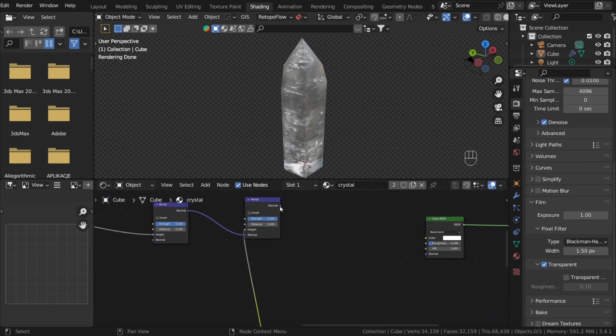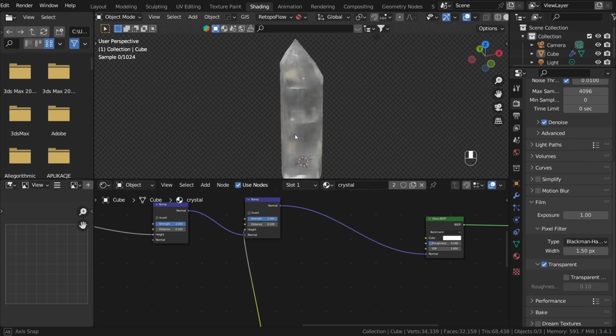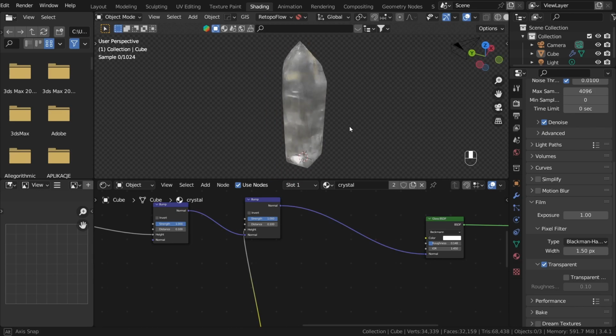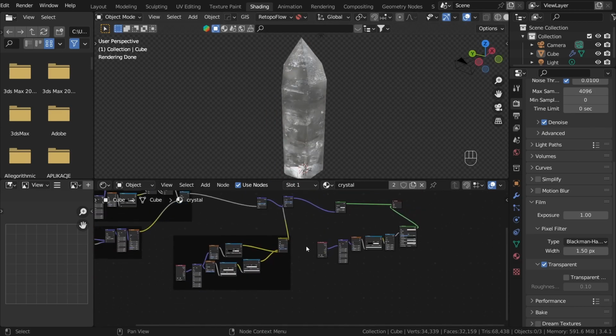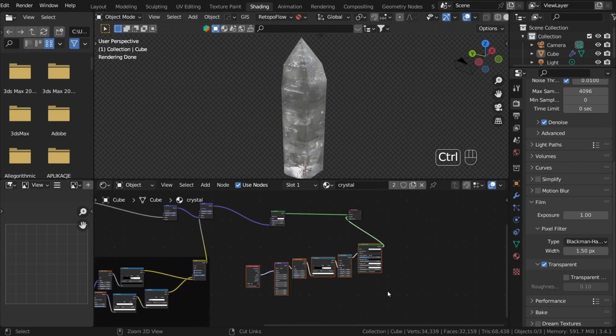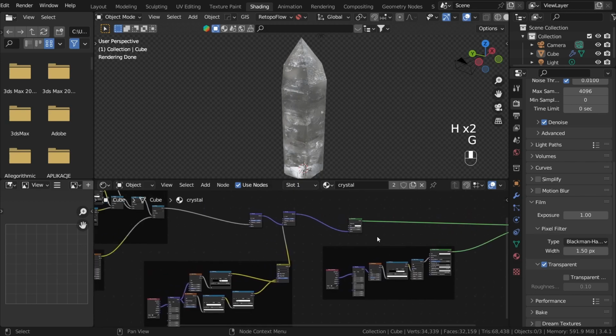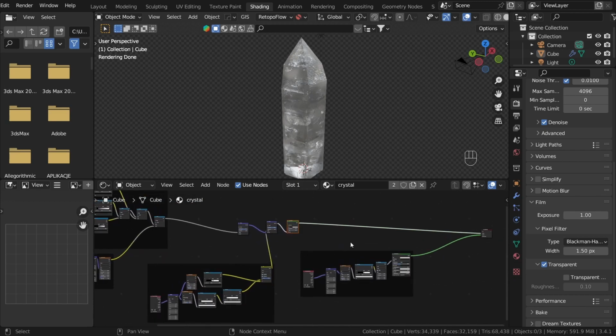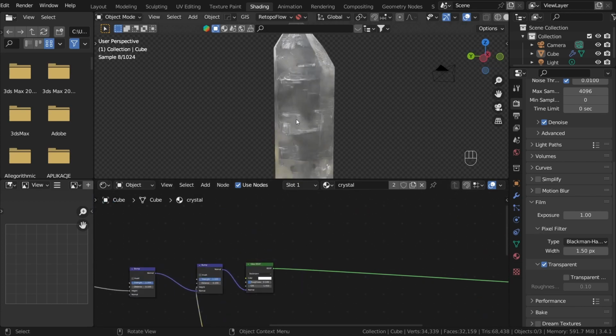And when I connect the bump back to glass, as you can see, I have pretty good results already. So we have our shader for volume and for the crystal surface, but we can add another layer of detail, the final one, which will be the